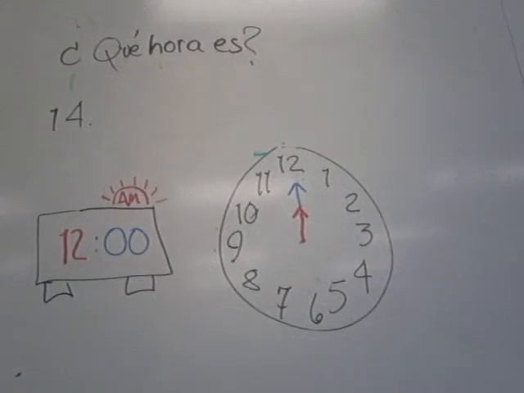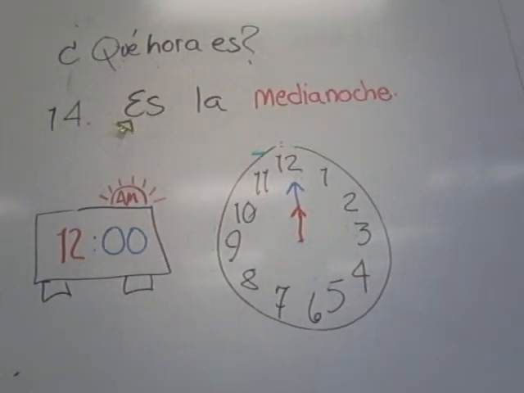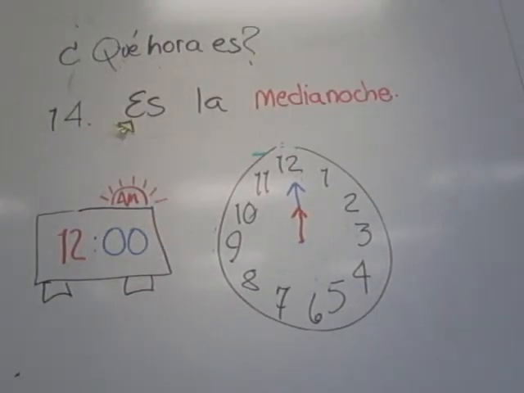¿Qué hora es? Es la medianoche. It's midnight. Oh, I just remembered. On the last one that I had, when I had 12 a.m., I got confused and I thought it was noon when I put 12 a.m., so I told you in one of the examples before that it was mediodía. I get my AMs and my PMs confused when I'm dealing with 12 o'clock. That's why I always like to deal with the 24-hour clock.